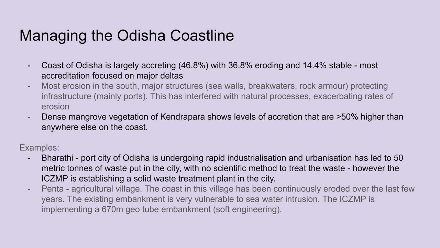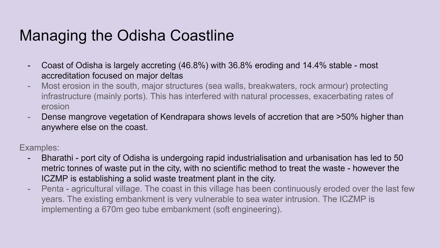Major structures such as seawalls, breakwaters, and rock armor are protecting infrastructure, mainly the ports. This has interfered with natural processes, exacerbating the rates of erosion. Dense mangrove vegetation in Kendrapara shows levels of accretion that are greater than 50% higher than anywhere else on the coast. Some examples of where the coast was managed, these names are gonna kill me,